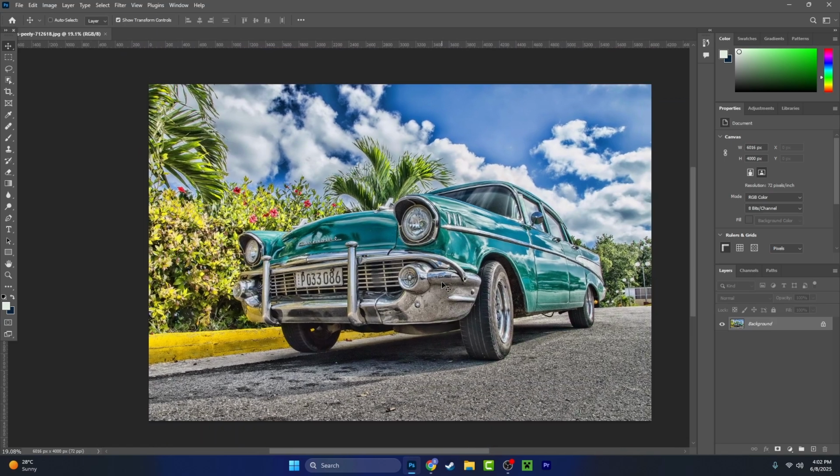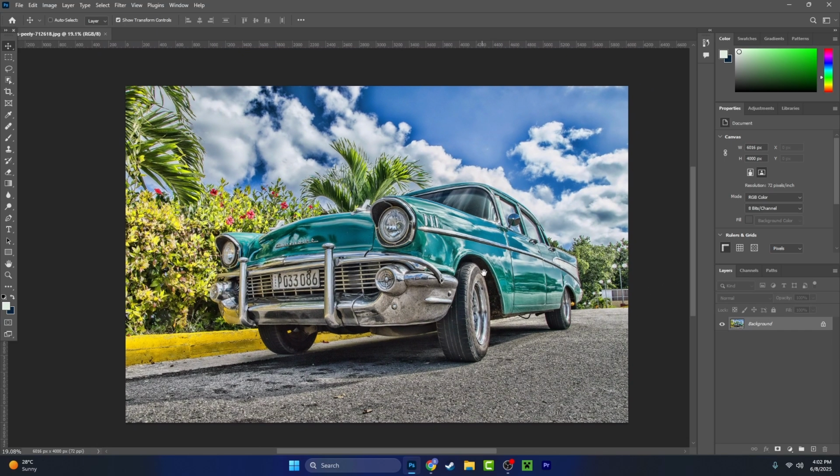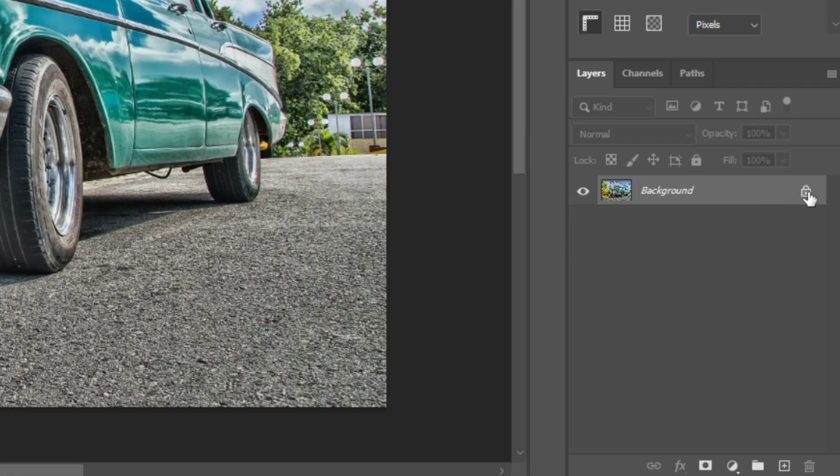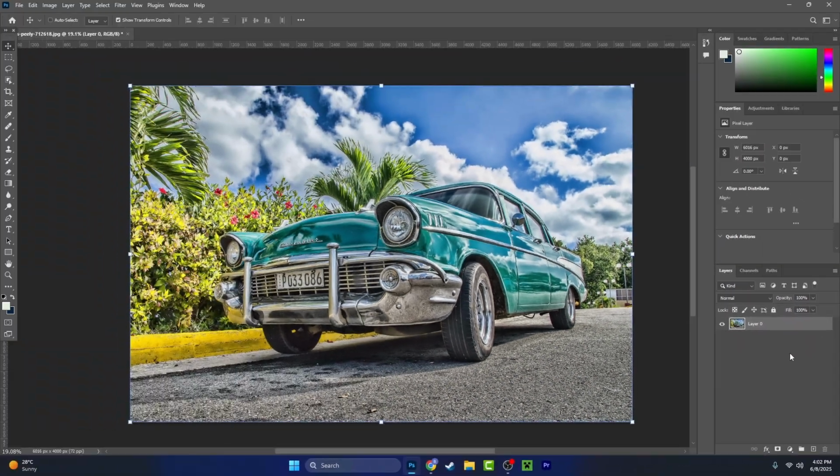Let's start. Once you open a picture in Photoshop, it will look something like that. First of all, you will have to unlock the picture. You will find the lock here in the bottom right corner. I will press on it, so I will unlock the picture,